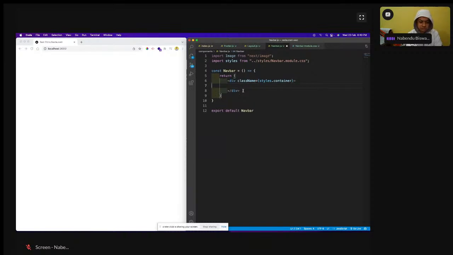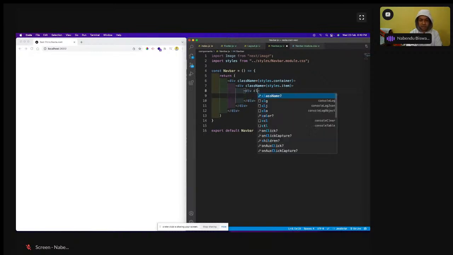Okay, and a div, and the div has className equal to styles.item, and we'll have another div inside this, and it will be className equal to styles.callButton, and